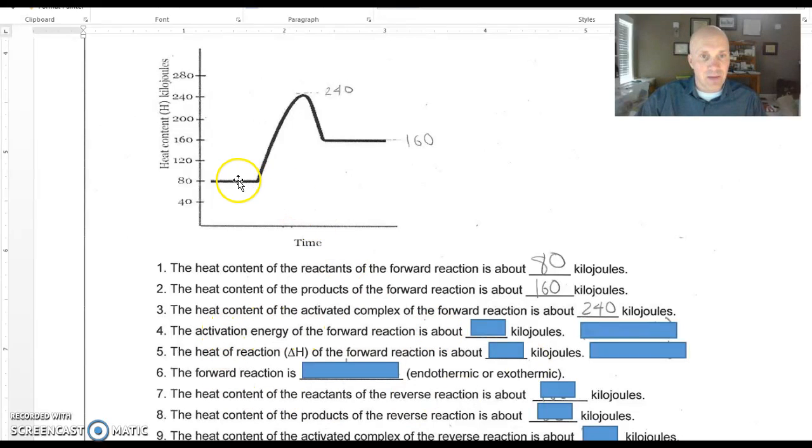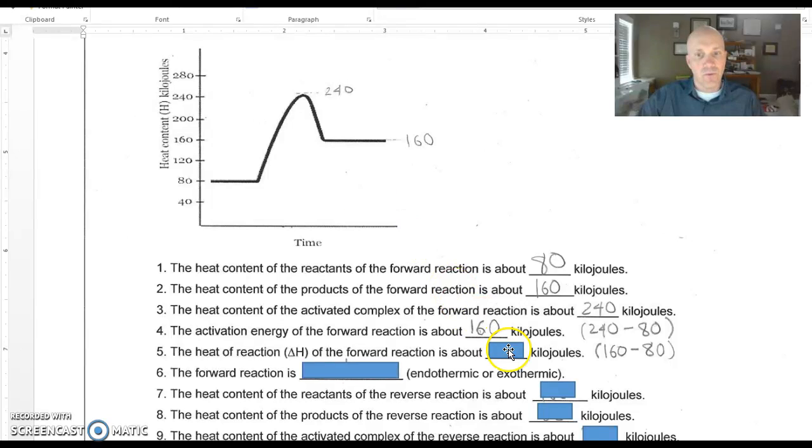All right, so how much energy do we have to get from here up over the hill? The way that you'd figure that out is 240 minus 80, and that gives us 160. All right, what is the change in the enthalpy, the delta H of the forward reaction? Remember, the change is always later minus earlier. So 160